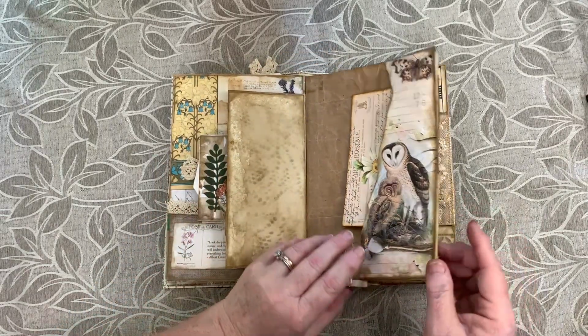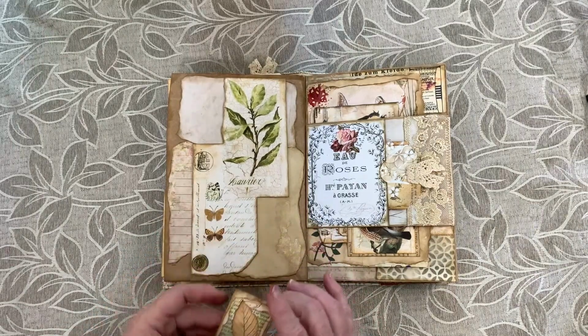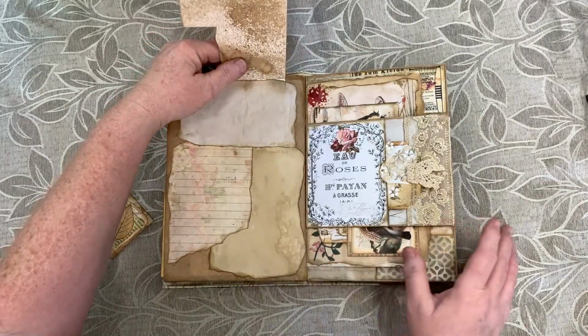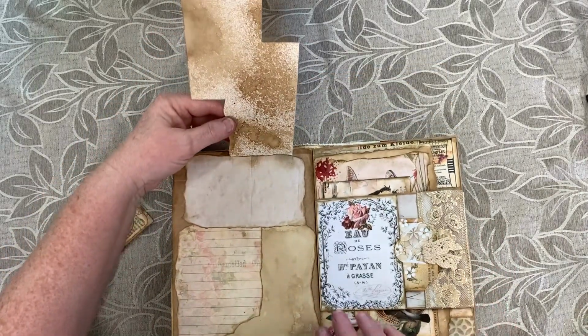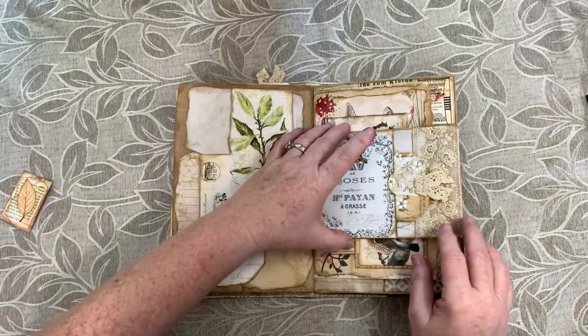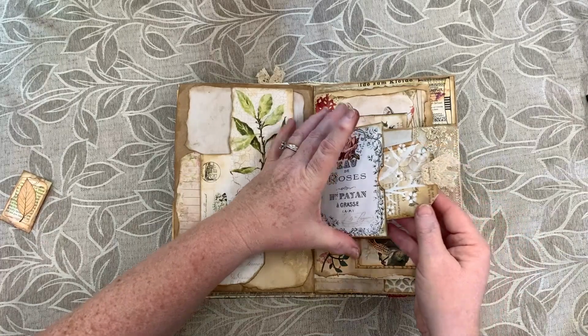And I'm going to turn this one over, and this is just a paper clip, and I just made this panel, and it's got journaling space on the back there and some journaling space there, so I'll leave that aside. This one here opens up and it's a little side pocket here, and